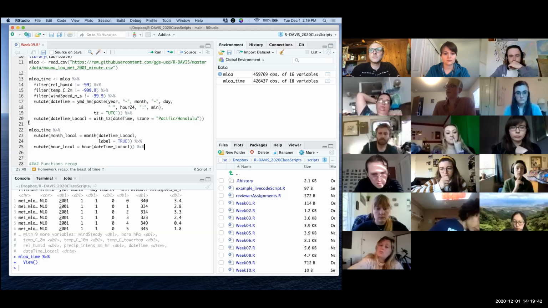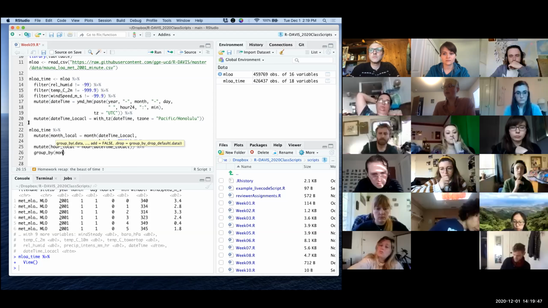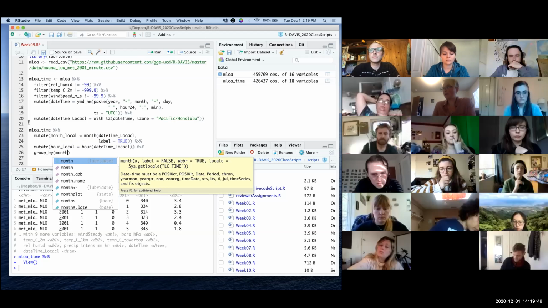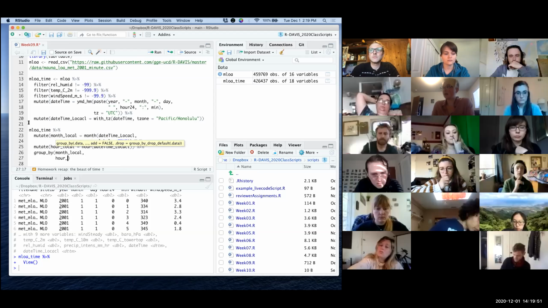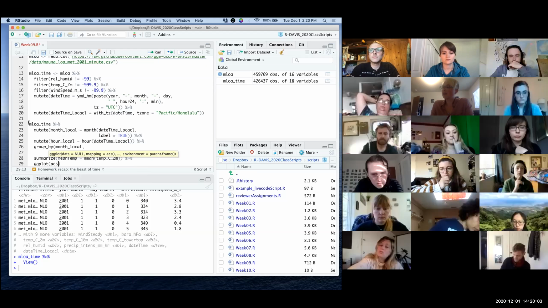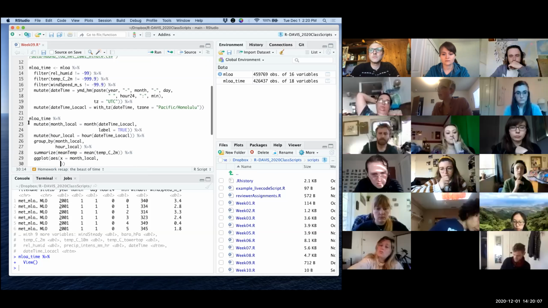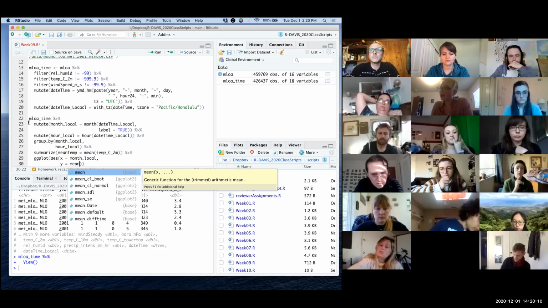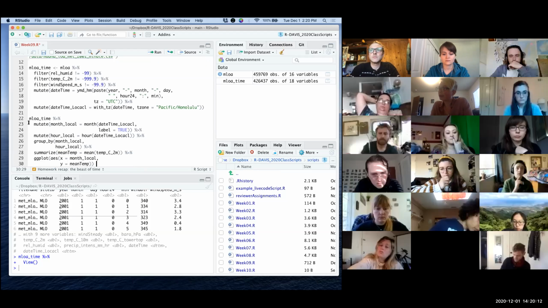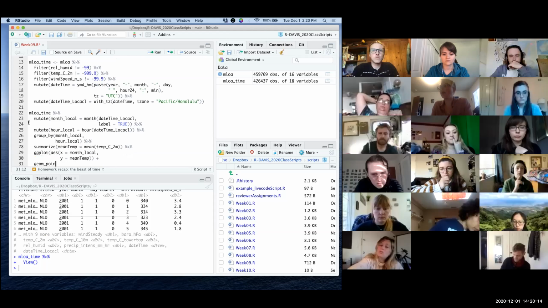Another pipe, then group_by month_local, comma, hour_local, pipe, summarize, mean_temp equals mean, temp_C2M, pipe, ggplot, aes, x equals month_local, y equals mean_temp, plus geom_point, aes, col or color, but it's col, equals